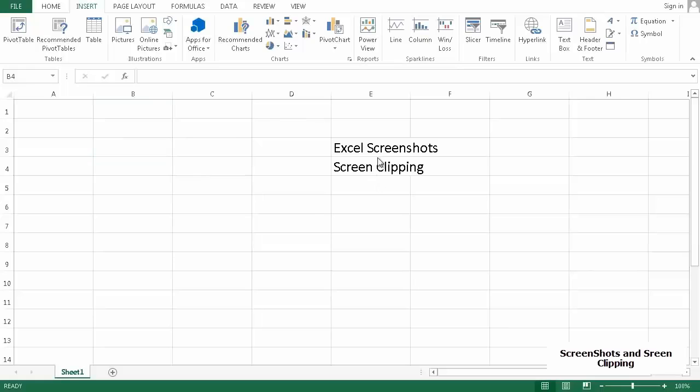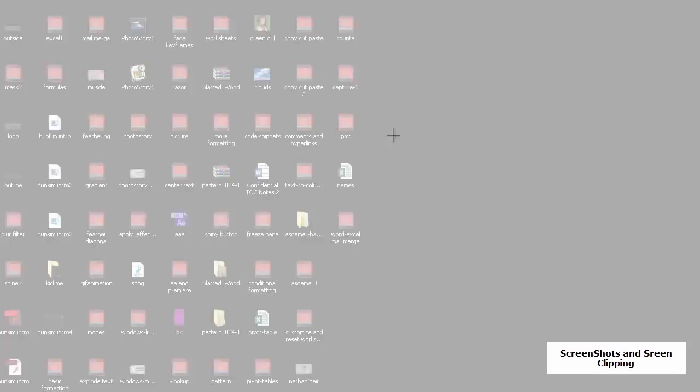We also have the ability to create screenshots within Excel. If you go to the Insert tab, there should be this little tiny icon that looks like a camera. You hit the little drop-down box here, and there's something called Screen Clipping. So if I take a screen clipping, it minimizes Excel and allows you to take a screenshot of whatever windows are behind